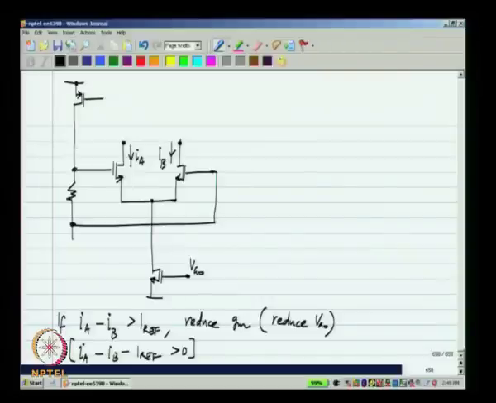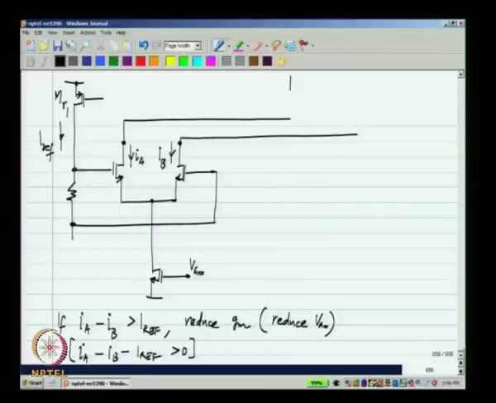So, let us say I ref is provided by some MOS transistor. I will call this MR1. Okay. And anything else connected with the same source gate voltage will also provide the same current I ref. Okay. So, what I will do is I will first fold these currents. The reason I have to do that is because finally I have to provide a control to the NMOS gate. So, I will use a folded cascode structure.